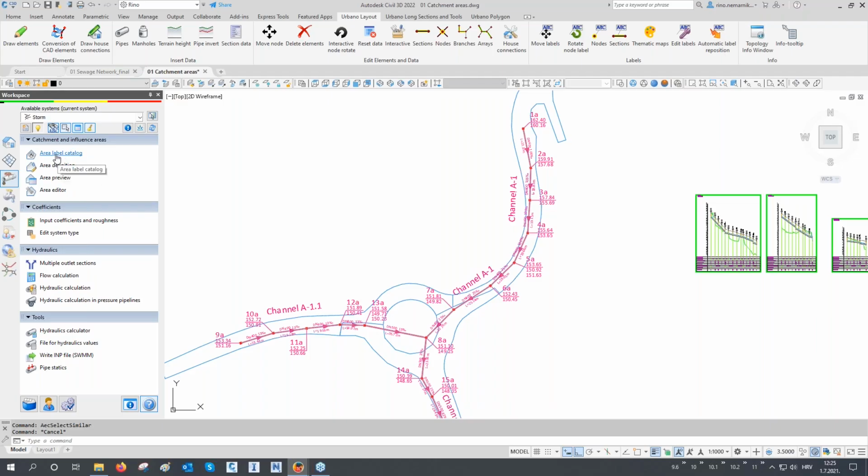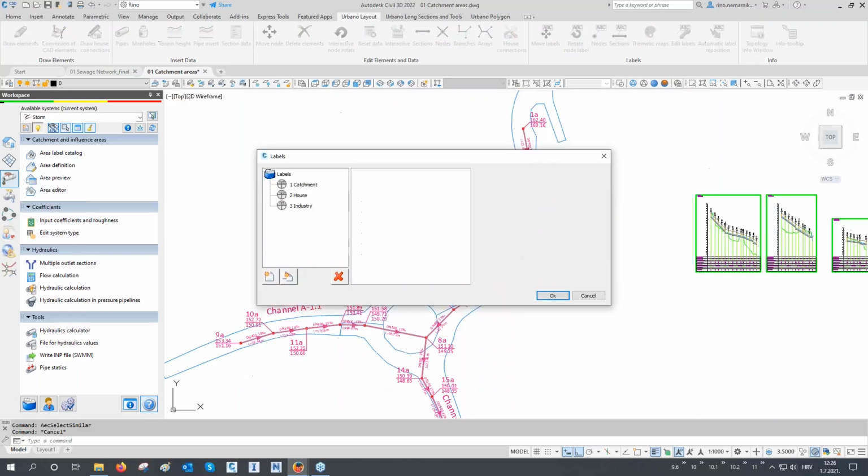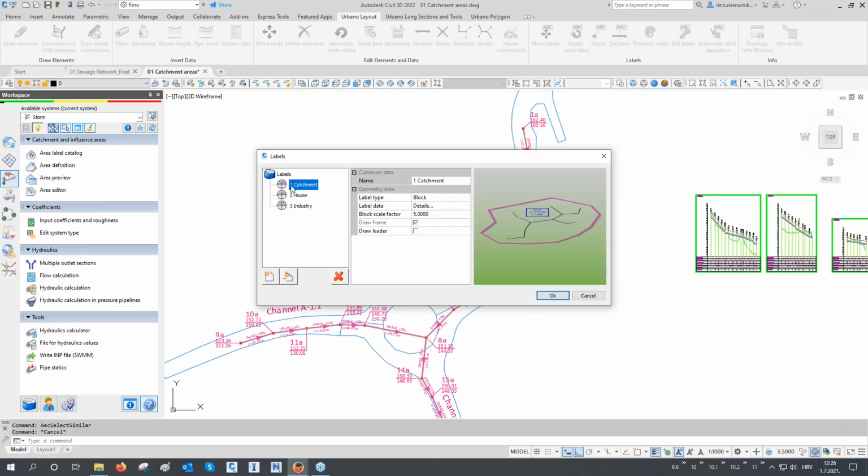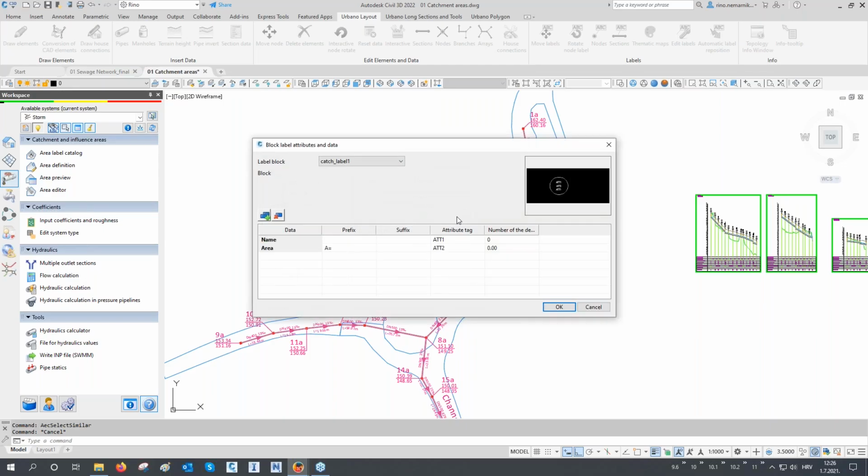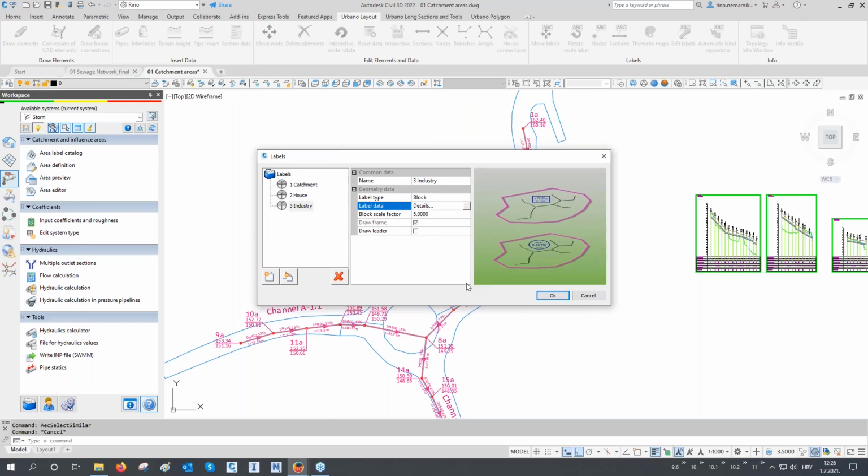So let's go to area definition. But before, I will show you just this area label catalog. So here you can create different labels for these catchments. It can be block label or text label, and also you can define the block scale factor, whether you would like to draw it with or without the leader, and also you can define which data will be in the label, for example, like runoff coefficient, name of the area, number of people, or stuff like that. Okay,